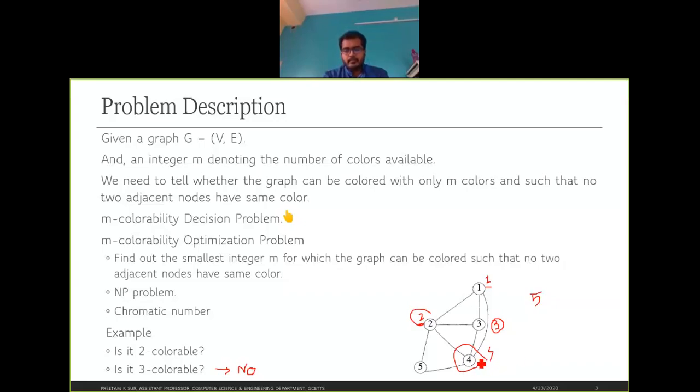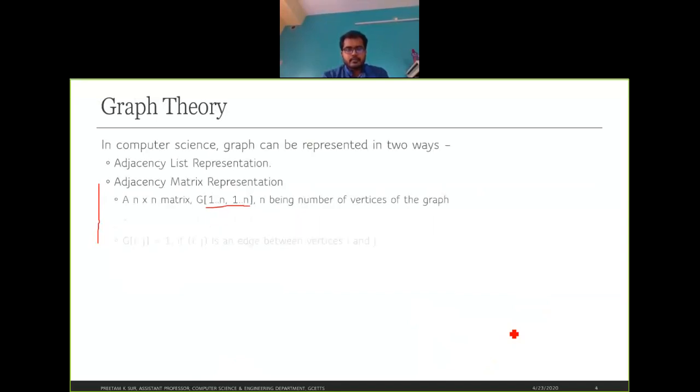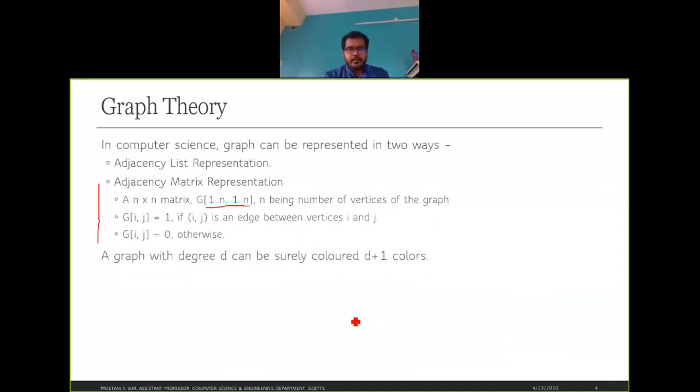But here we need only four colors, right? We can color this graph with 4 colors only. If we can color it with 4 colors, we can obviously color it with 5 colors. So minimum 4 colors will be required for this graph. That is what it is telling: if a graph has degree d, then we can surely color it with d plus 1 colors.